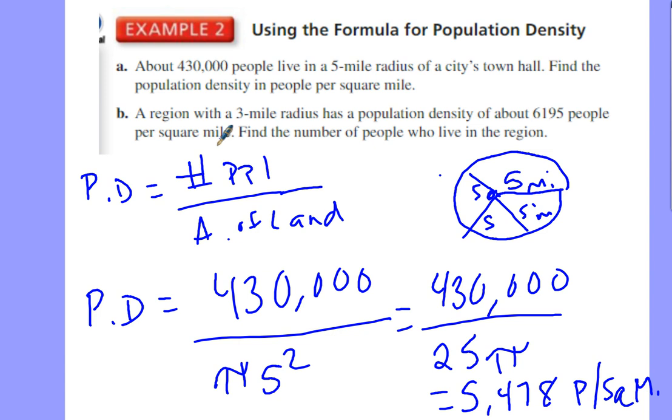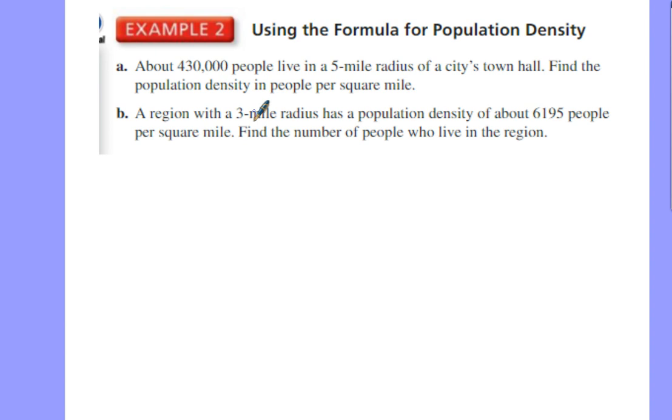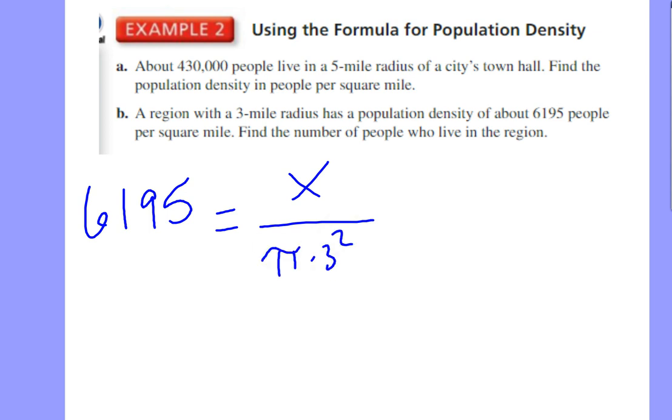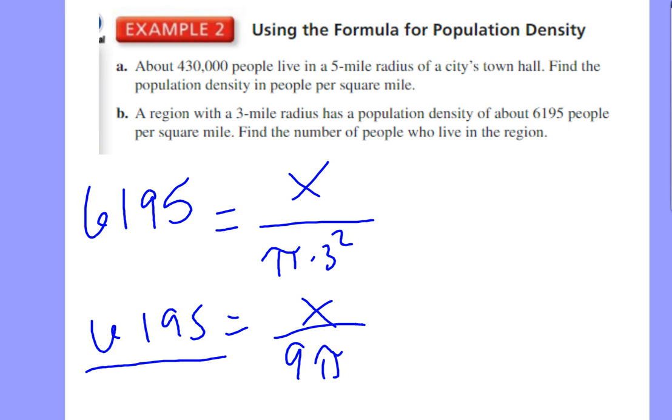All right. What about for part B? Use it in a little bit different concept here. So part B says a region that has a square mile radius has a population density of 6,195 people. So we know the population density is 6,195 people per square mile. It wants to know how many total people there were if it was a 3-mile radius. So pi times 3 squared. So 6,195 equals x over 9 pi. Imagine that's over 1, I can cross multiply, and x will equal